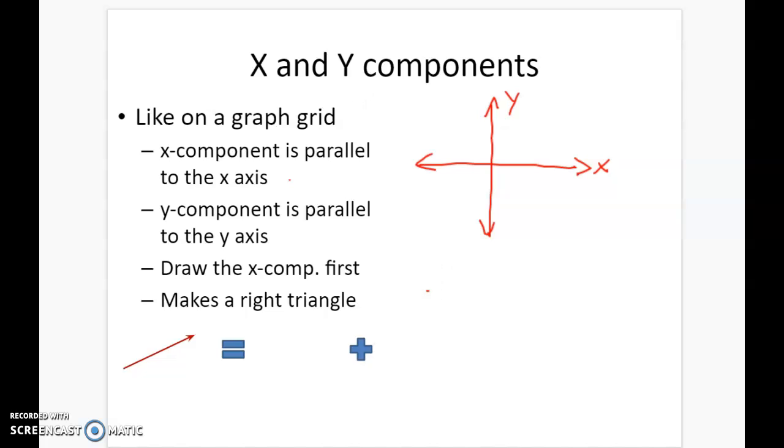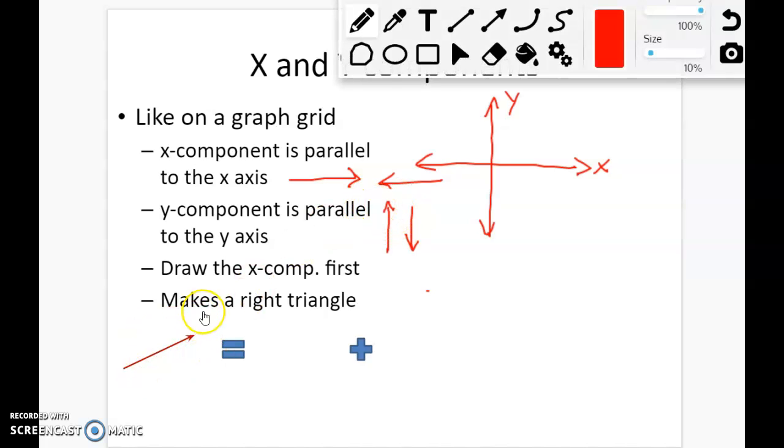The X component is a horizontal line, and the arrow can be pointing either way, either to the right or to the left. And the Y component is a vertical line that could be either pointing up or it could be pointing down. But we combine one X component and one Y component to make up what is the